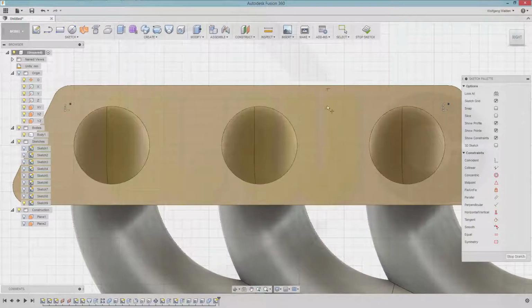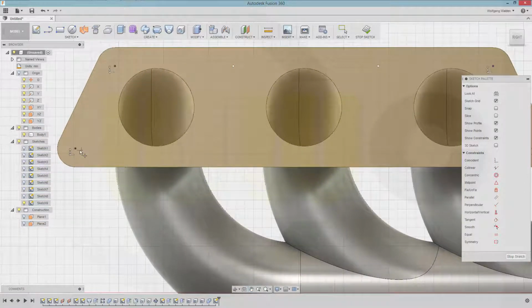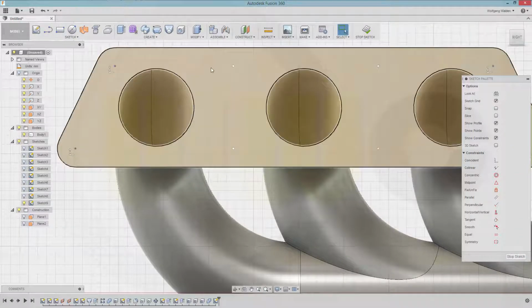No, nothing to catch. So I need one point over here. Maybe like this one, and it's almost like AutoCAD. Yeah, give it some dimensions,